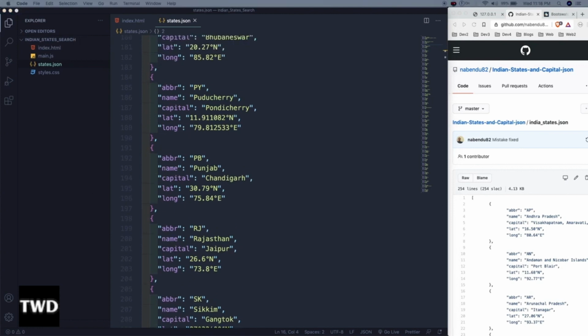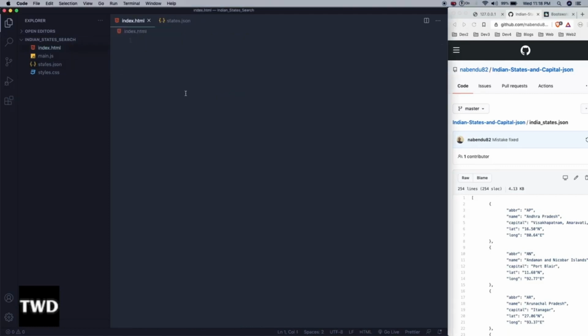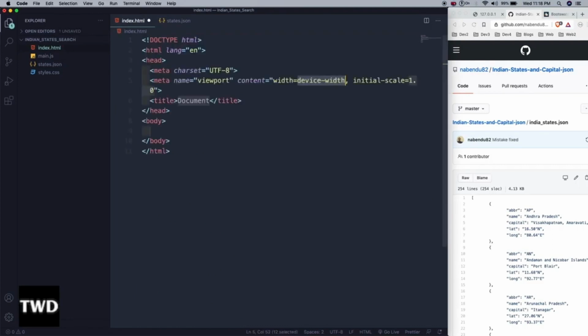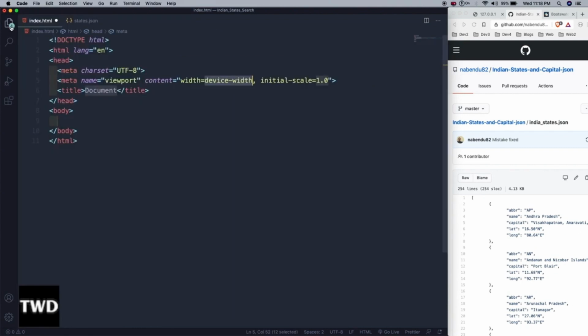So after that, what we are going to do, let us go to our index.html, and then just as usual I will type exclamation mark and press tab, so it will open this. Let me close it now, and now for this document I can give the title Indian states capitals, and then the link of